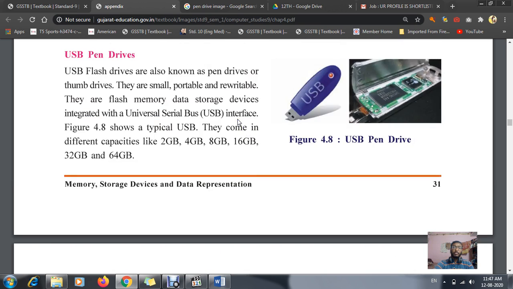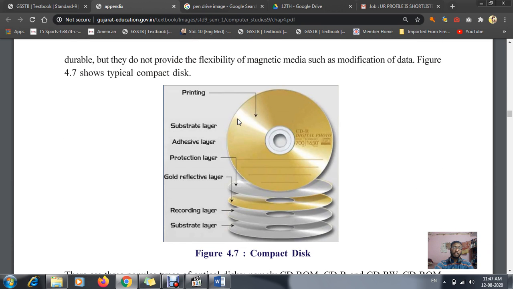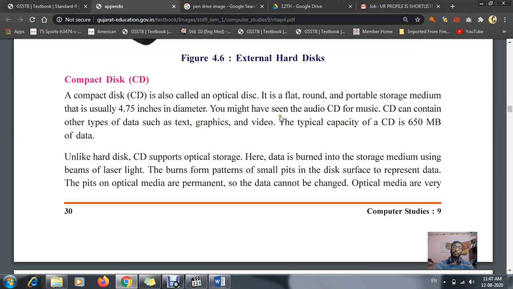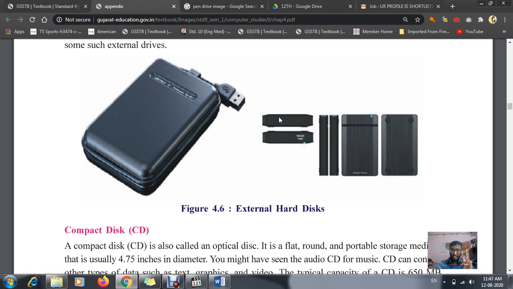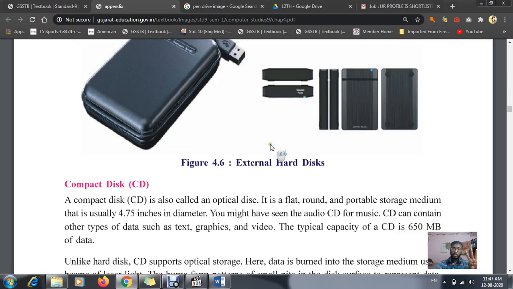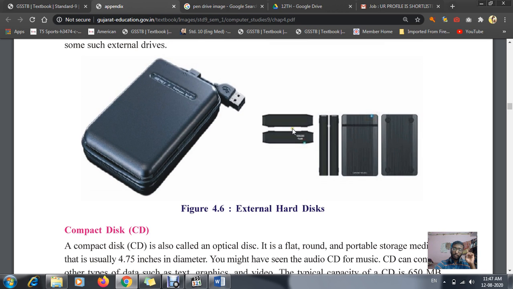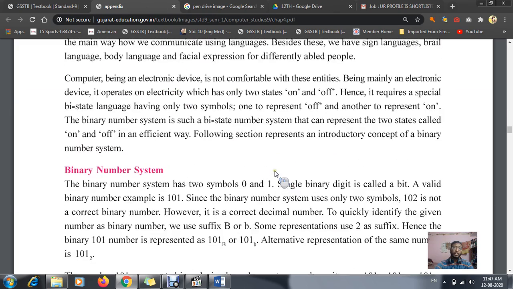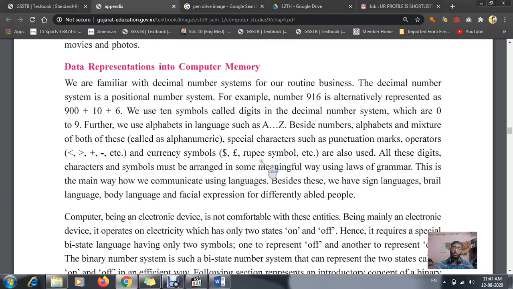Okay, today we learned mainly three topics. Your main topic is secondary memory. Examples of secondary memory are the hard disk, second CD, third DVD, and fourth the pen drive. The full form of CD is compact disc, and the full form of DVD is digital versatile disc. And the fourth one is the pen drive. Okay, I hope you all understood today's topic. Thank you, students. In your next period we will be learning data representation in computer memory.